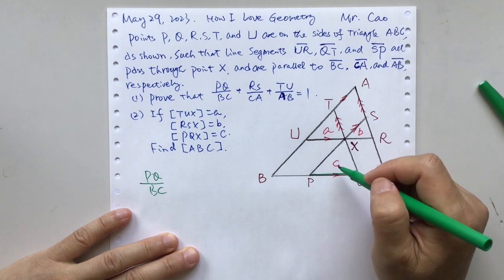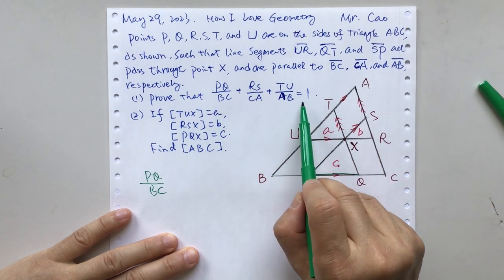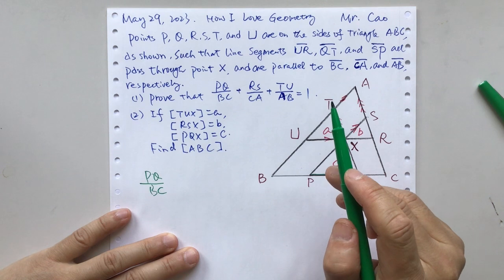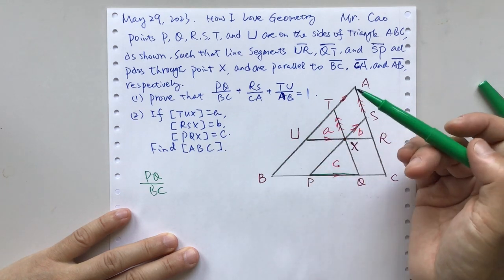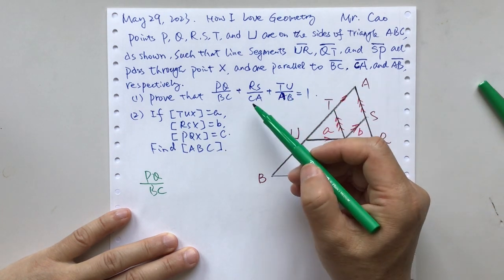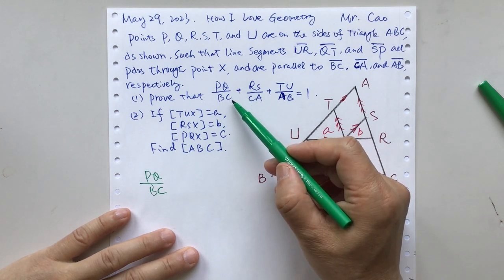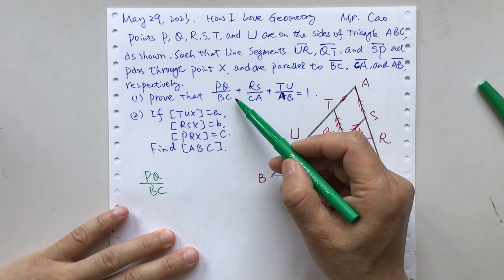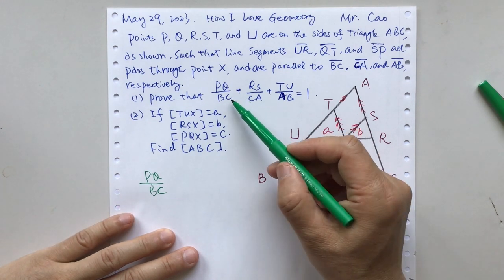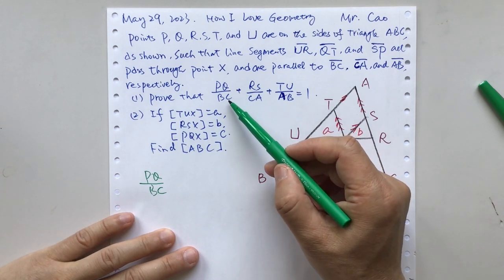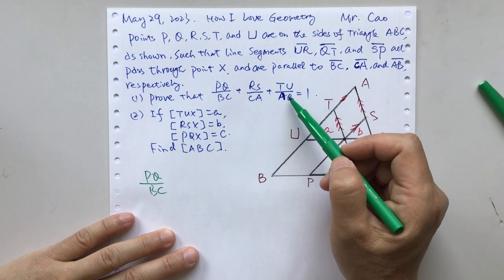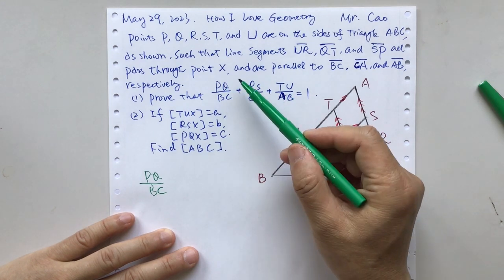We want to get the sum of these three ratios. If we use normal algebra for the sum of fractions, we will get the common denominator, which will be BC times CA times AB, and on the top